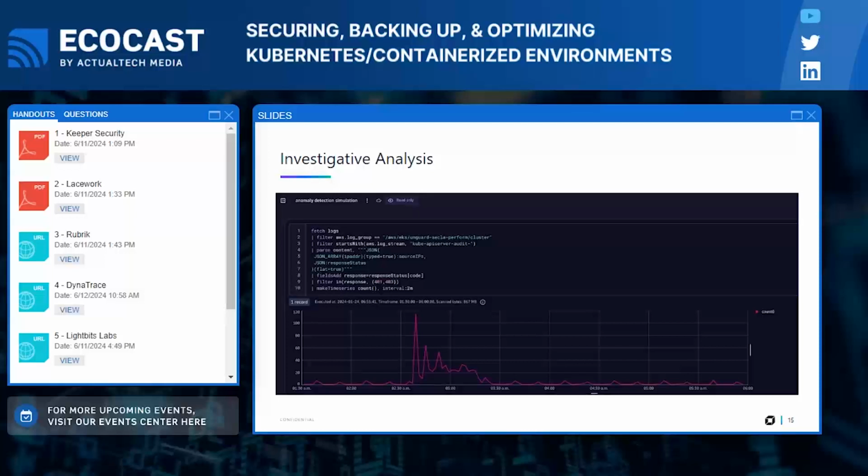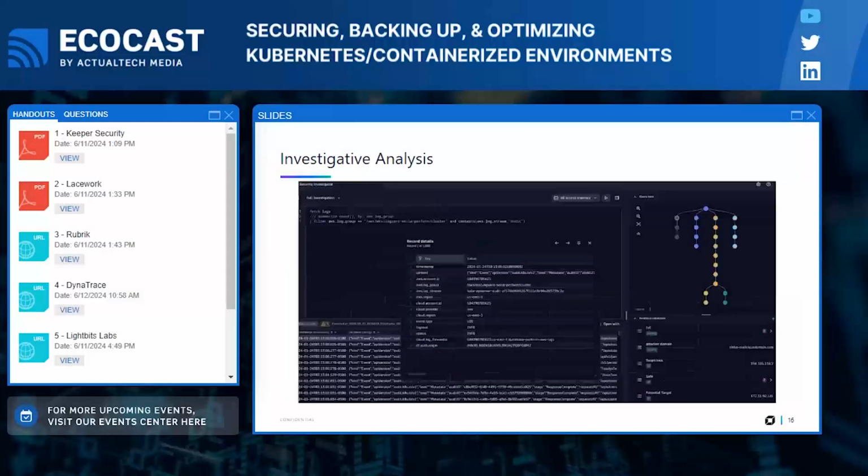But you can also do ad hoc investigative analysis, understand how real users or even malicious attackers, or even script kiddies are trying to access your data, right? If I want to take a look at any particular access log, or again, an Nginx ingress, I can see the amount of 400s that are taking place there. And that's a great starting point. But what if I need to go back and understand the root cause analysis, do a postmortem of an actual breach, right? With Dynatrace, and again, that topology model that I'm going to keep harping on, what we can do is we can show you every single asset that was